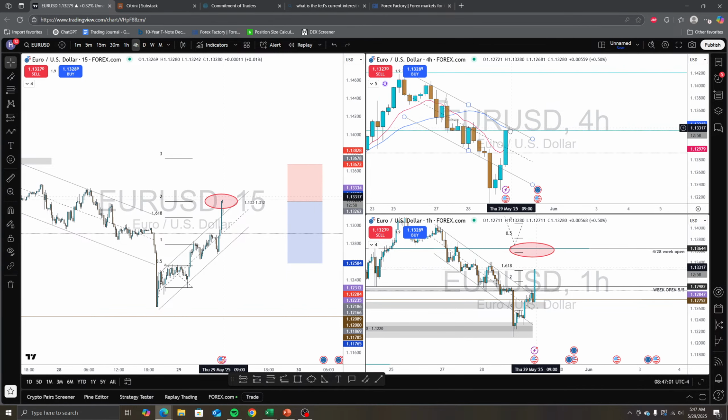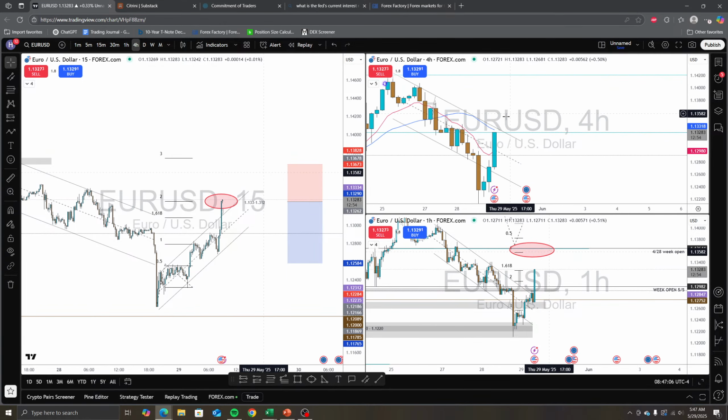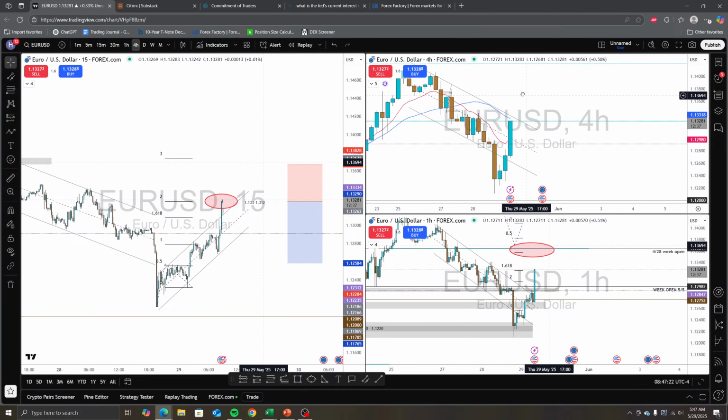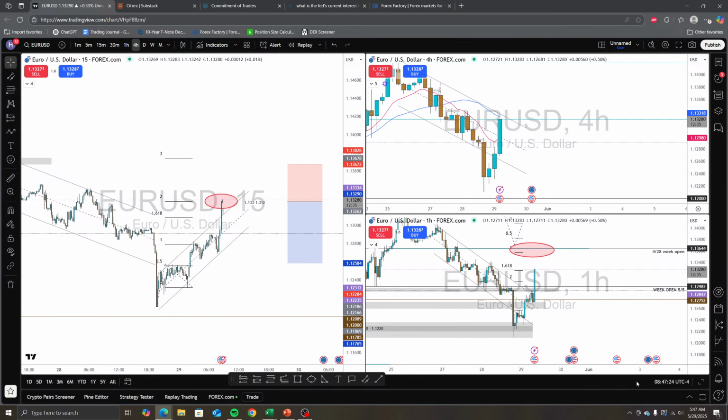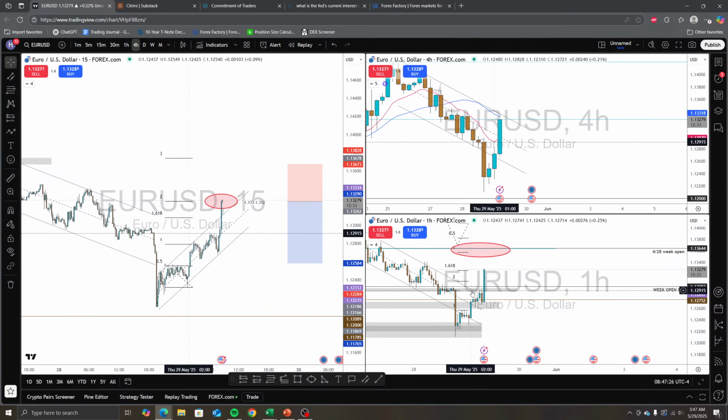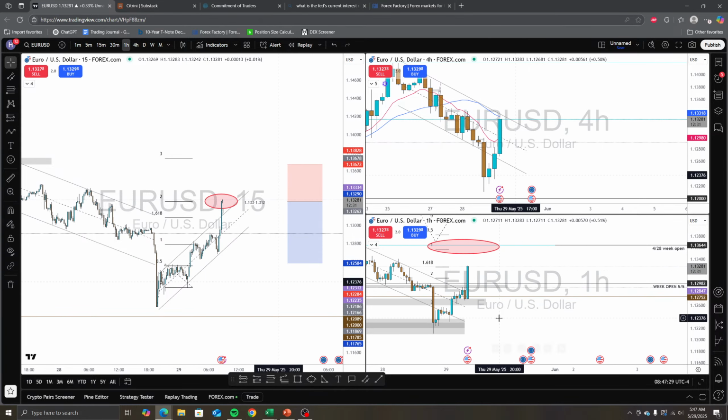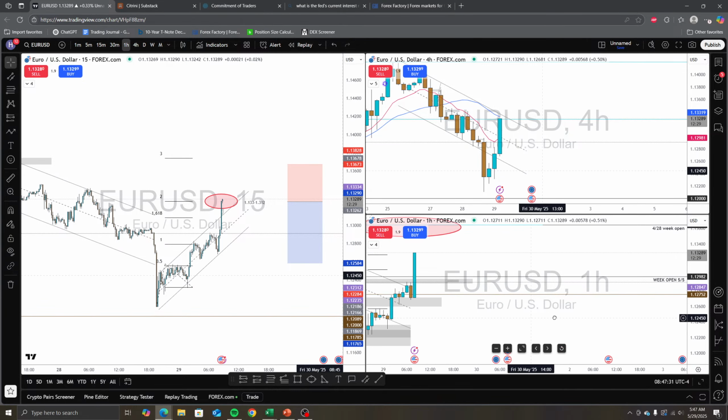Because if you look at the 4 hour, it's about to hit the 20 SMA, it's about to hit the upper bound of the channel. And either two things can happen. It hits the channel and then it can't break higher and it comes back lower, or it hits the channel and it just completely obliterates all levels, picks up volume after it breaks through, and goes up higher. And it's about 5:47, so this is the 1 hour candle, and we're about to see a new print in 13 minutes.